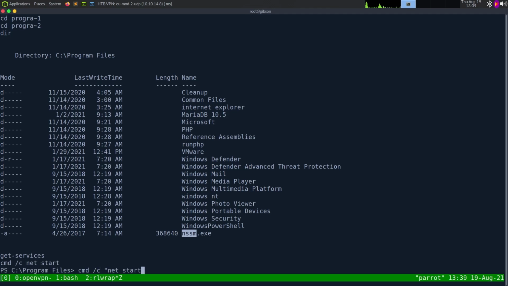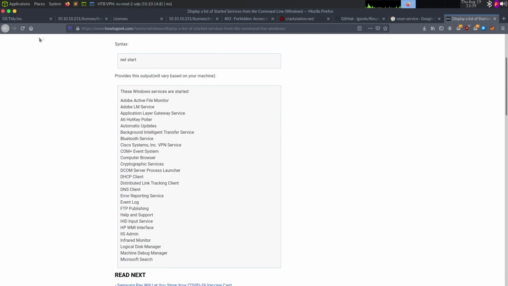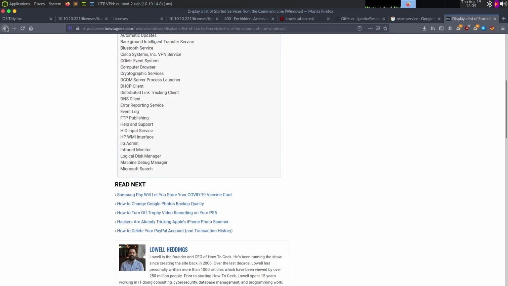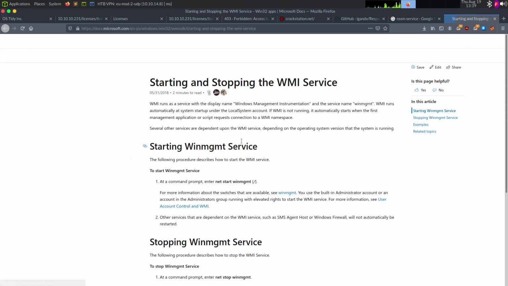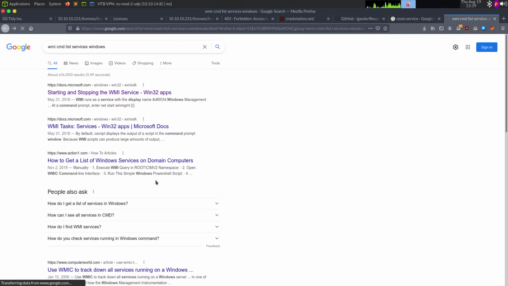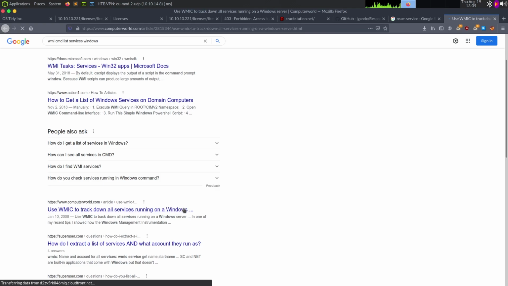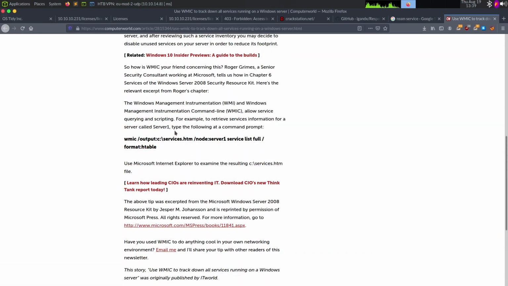cmd /c net start. So it looks like we don't have permission to view services. There's probably a WMI command we can do that does it. Let's see, WMI cmd list services, starting and stopping. I've always had better luck at getting services through using wmic. But the command